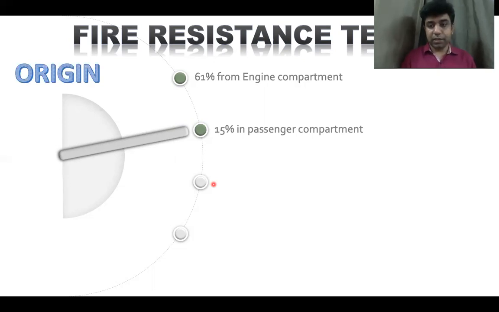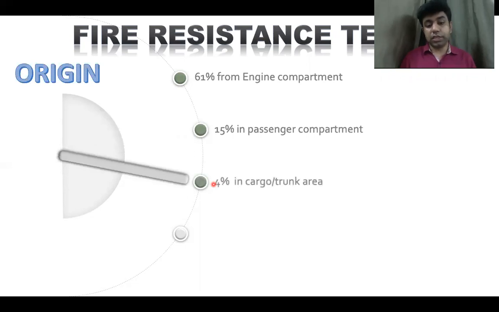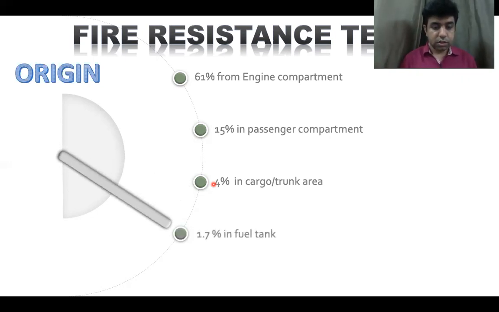So that can lead to even a fatality case. The third origin is said to be 4% in the cargo or the trunk area. If some of the luggage or cargo you are keeping in the trunk has a tendency to catch fire, to get ignited fast, and if it gets some kind of source and catches fire, then it is accountable for 4%, and 1.7 percent is from